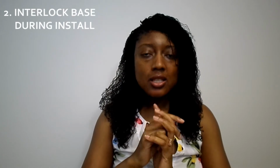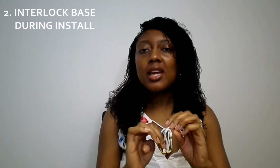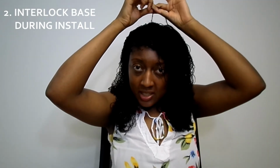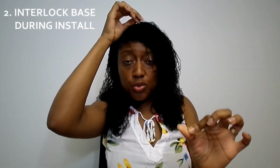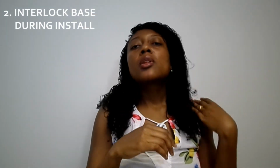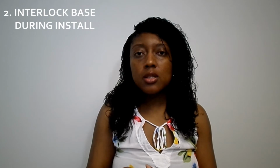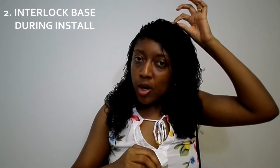So now, the second lesson that I learned is that while I am very happy with the method that I chose for installing my locks, that being having braided the bottom, then done 2-strand twists through the end of my hair. While I'm happy with having gone about that, and it worked for my timeline that I was working with for putting in these locks,